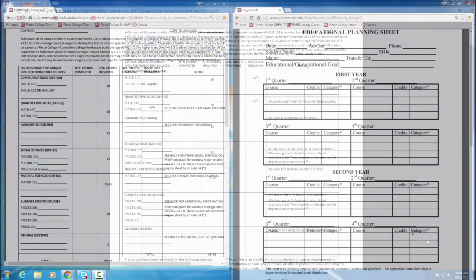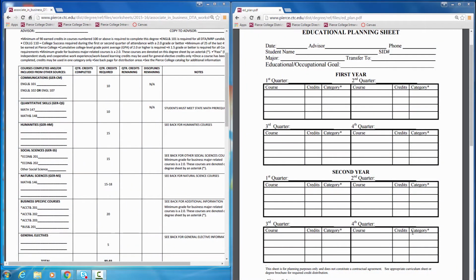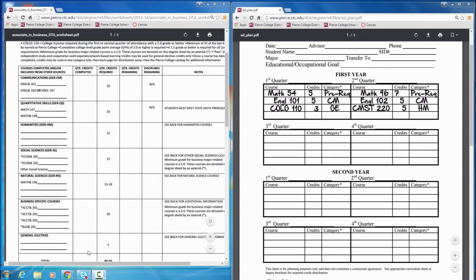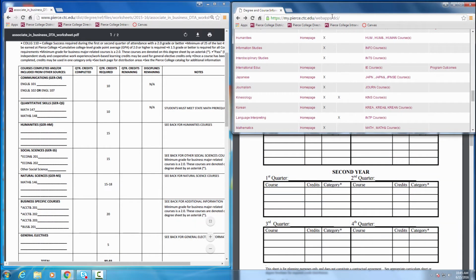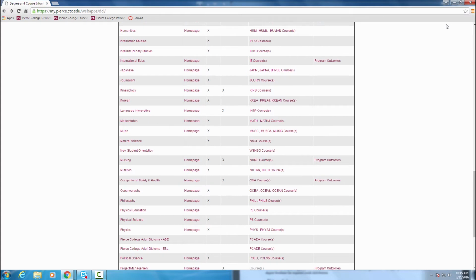Assuming Chris has the same placement scores as Leon, he's going to start too with Math 54, English 101, and his College 110. Second quarter, he's going to move on and do Math 96. He's going to look at that English 102 and then some other class that makes sense in his curriculum. What Chris also needs to discover, though, is what's the pathway to get to that Math 147? Well, as he goes to the degree and course information system that you saw demonstrated with Leon, he's going to check the same area of math again, but he will find that actually his path is a little longer